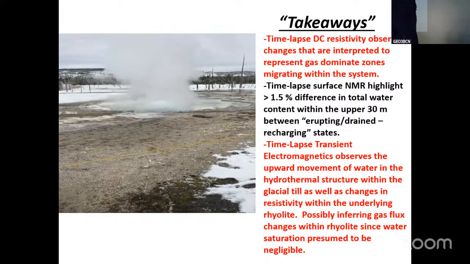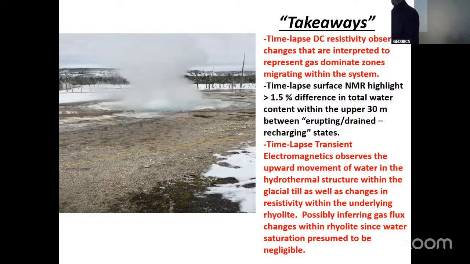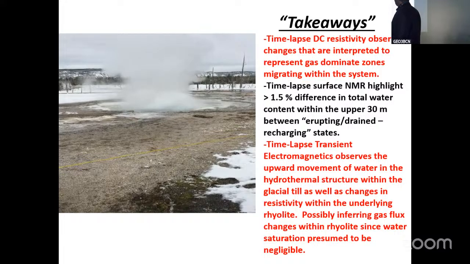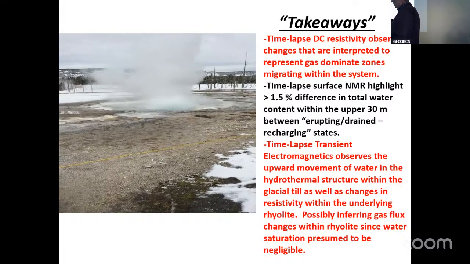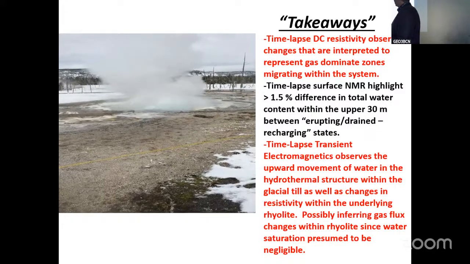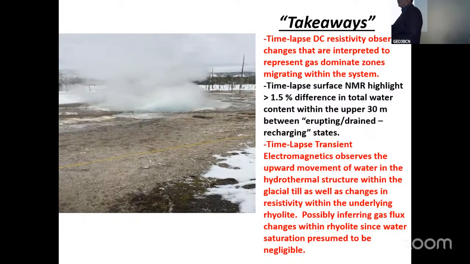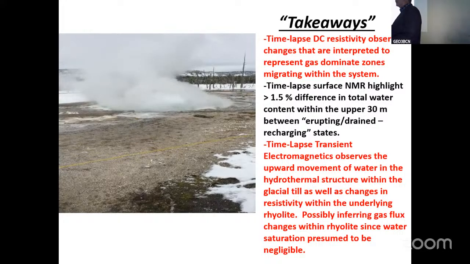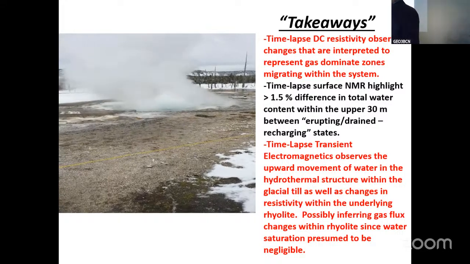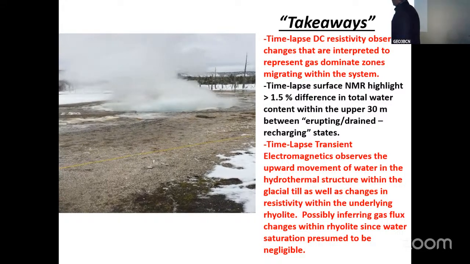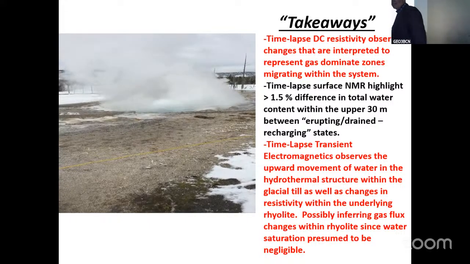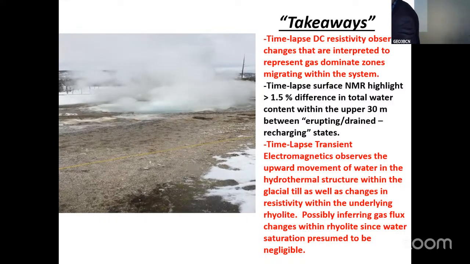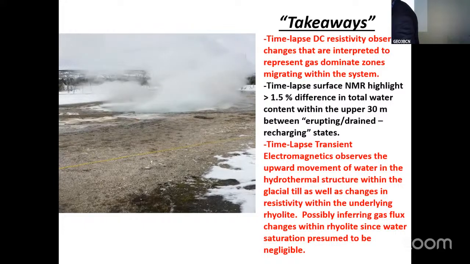The transient electromagnetics observes that upward movement of the water in the hydrothermal structure, which we see as the change in resistivity of the TEM values, right? As it lowers, we're seeing water move up. As it increases the resistivity, that's more gas flux. Okay. I also would argue that we can see changes in the rhyolite, which is, I think, also due to the gas. But, you know,